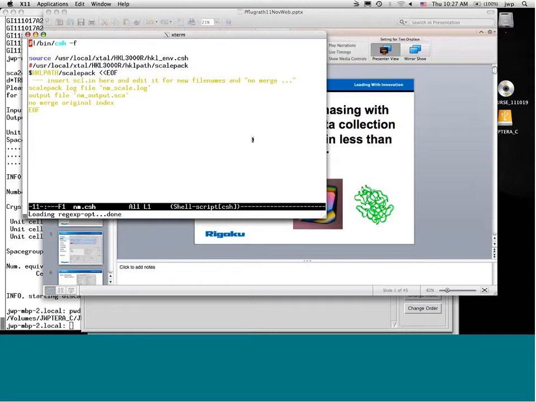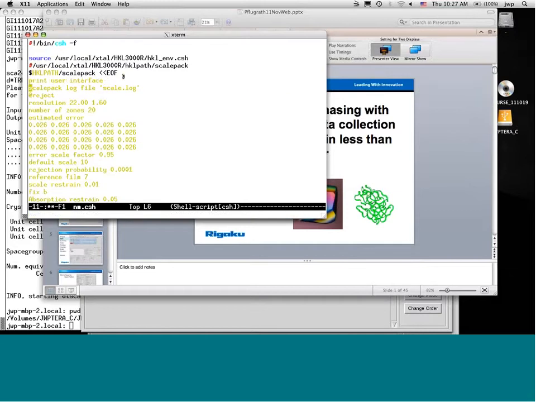It turns out that when you're clicking these buttons for scaling, you're actually running the program ScalePack. The interface produces a scale.in file, which I will include here, scl.in, and these are the commands to go into